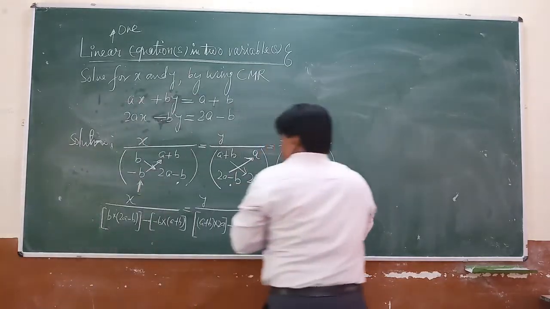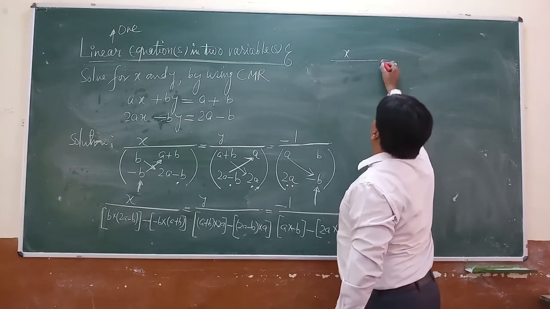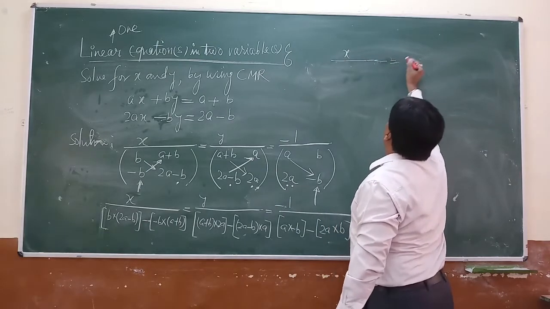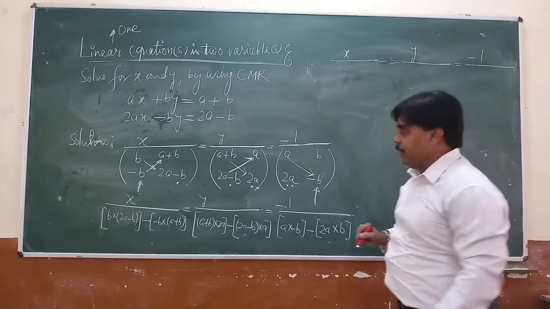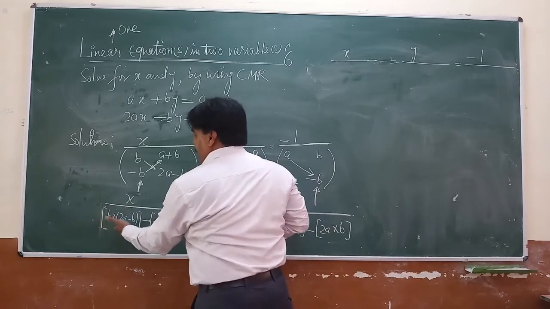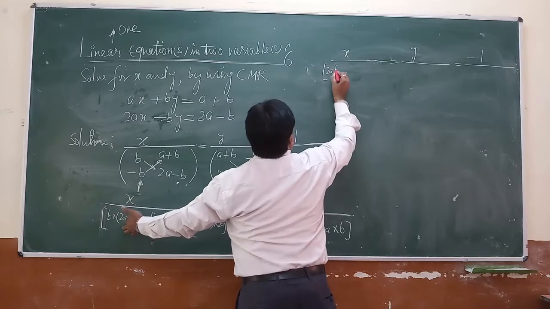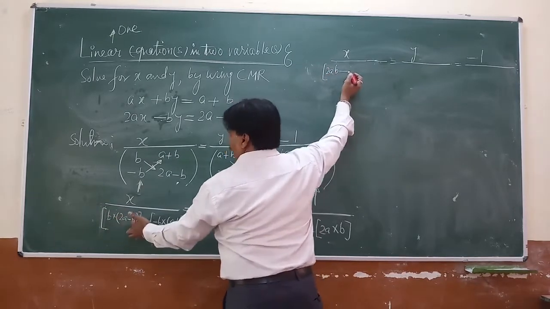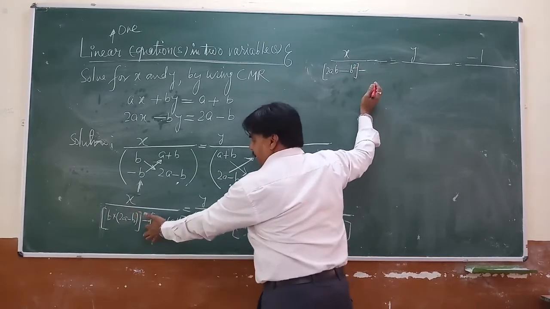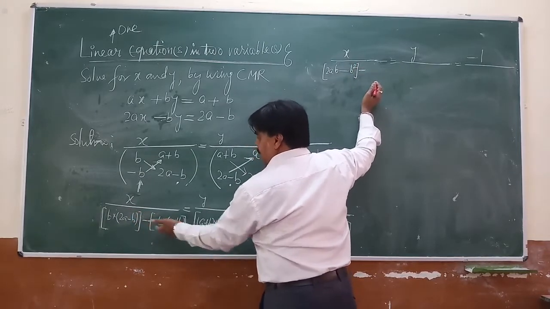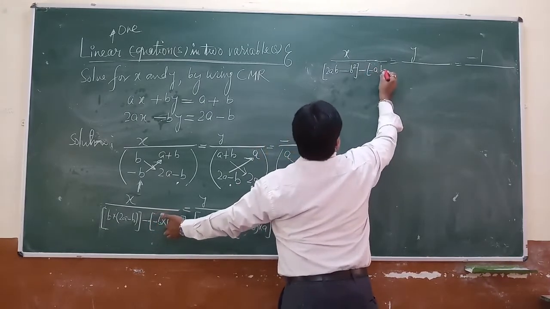See now. Now this can be written as x over, y over, minus 1 over. See, now multiply here only, then keep in brackets here. Now this is b into 2a, that is 2ab, minus b into b, b square, minus, here is minus, and this minus b, we will multiply with this a plus b, so the inside sign will change: minus ab minus b square.